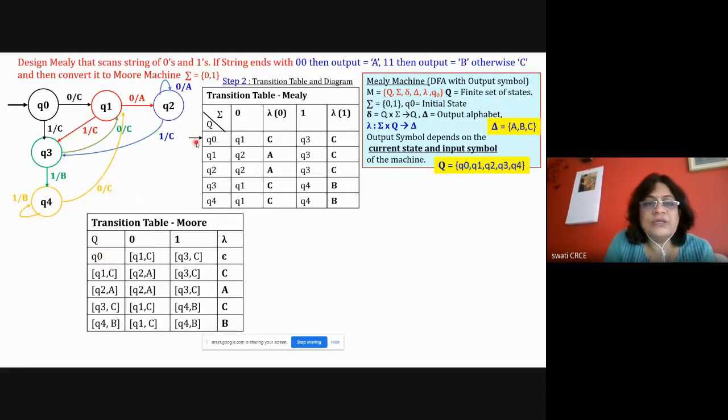Now Q0 with 0, you have to see the transition table here. Q0 with 0 is Q1 and the output symbol is C. So we say that Q0 with 0, it is going to a state Q1 who generates the output symbol C. Okay, so I have combined these two symbols together in the square bracket and I'm saying that this is my state for 0. Okay, then for 1, you say that the machine is going to a state Q3 who generates the output as C. So they are written like this, Q3 who generates the output symbol as C. So for 0 and 1, both the transitions are done.